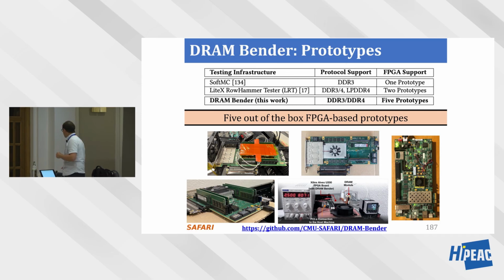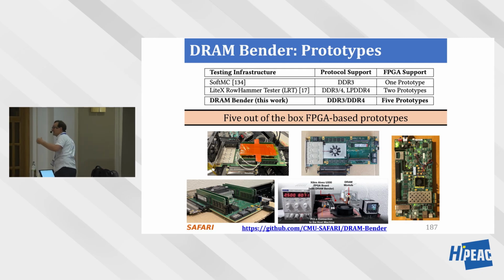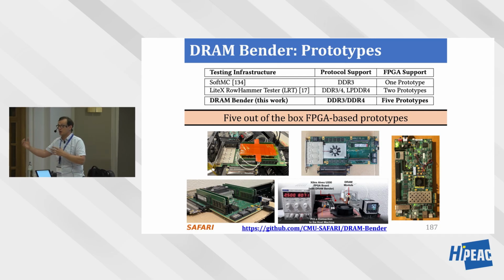So one of the reasons why we built this was to study data retention issues in memory. As I said, DRAM, over time, the capacitor leaks, it loses charge, and you need to refresh DRAM periodically. So my computer, my cell phone is doing that right now. It's in self-refresh mode, it's refreshing memory, so that it doesn't lose the data. This is a scaling problem actually. As you reduce the size of the cell, this becomes much worse. So refresh rates 10 years ago were less frequent than today. Today you refresh all of the cells every 32 milliseconds. But when we first started doing this, it was 64 milliseconds.